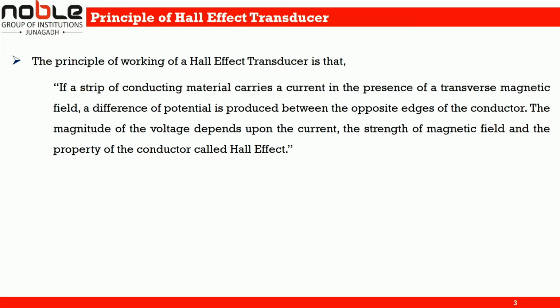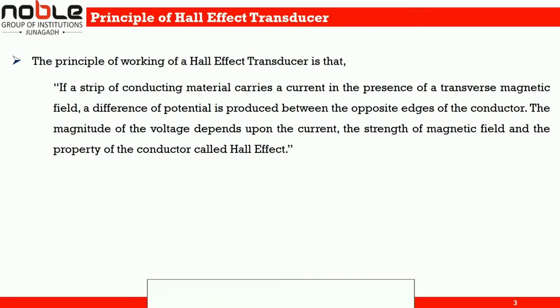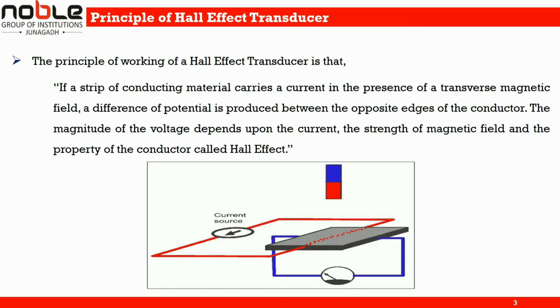the presence of a transverse magnetic field, a difference of potential is produced between the opposite edges of the conductor. The magnitude of the voltage depends upon the current, the strength of the magnetic field, and the property of conductor called Hall effect. Here in this animation we can see that there is one conducting material and it carries a